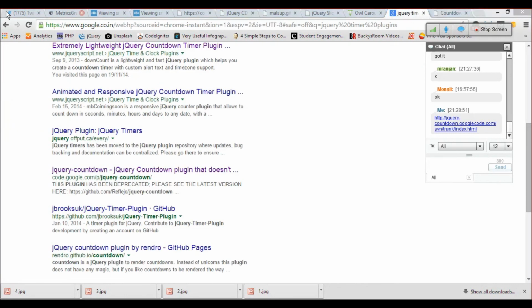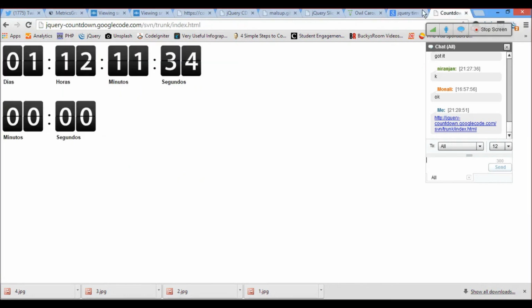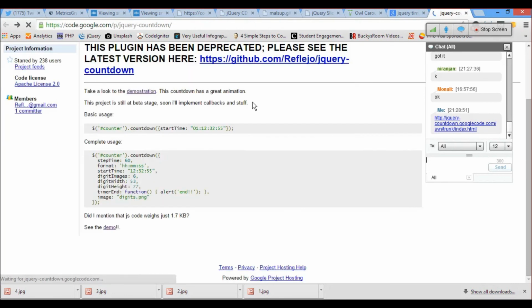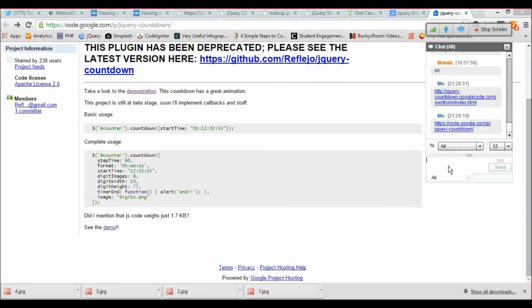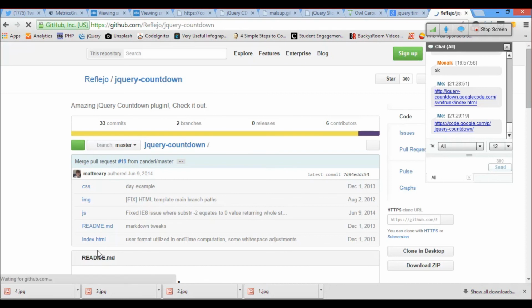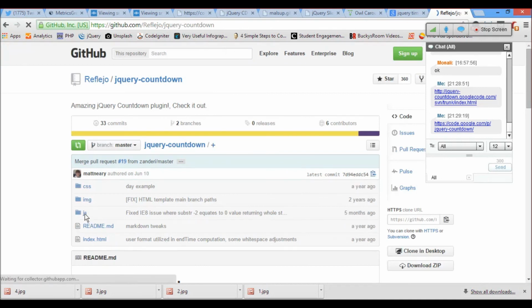Where is the actual code? So this is the actual code. Try it out, see it. This is the file, just copy the code. This is the JS.